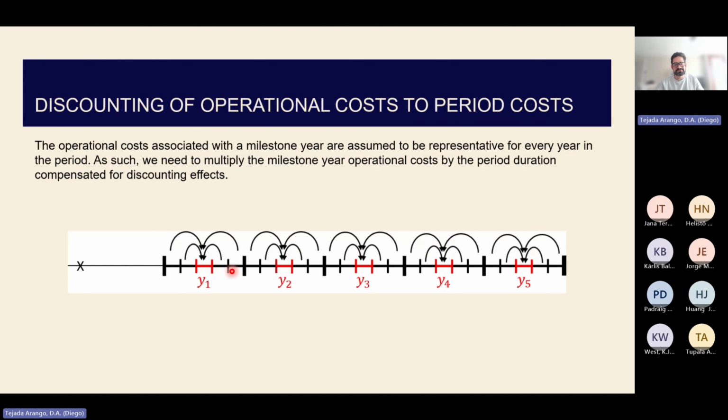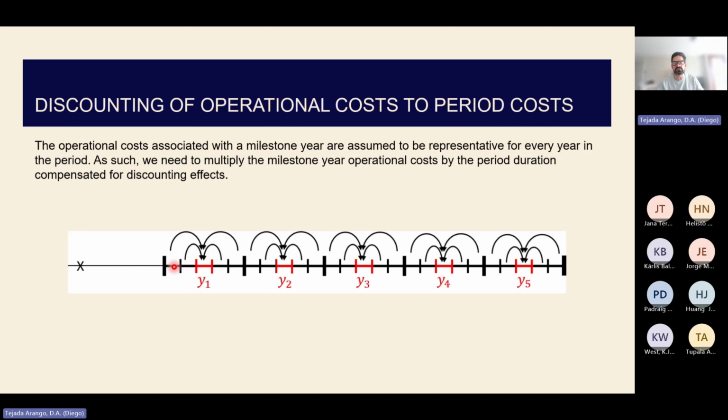And also, in addition, you need to discount the operational cost, meaning that, of course, if you have a milestone year one, then this is representing, let's say, 4 or 5 years. So you need to account for those years into the milestone year, and then the second year, the other ones. So in that sense, you need to always,